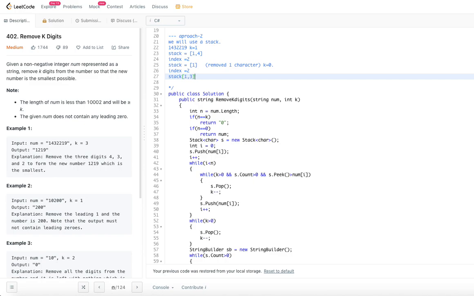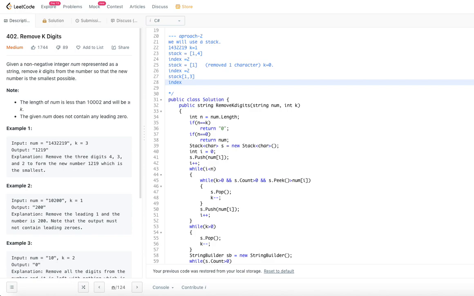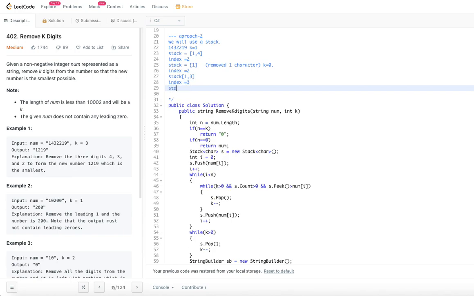Now the index is equal to 3. We won't enter this loop because k is not greater than 0. K became already 0. So we keep on pushing the numbers into the stack. Finally the stack will become 1, 3, 2, 2, 1, 9.